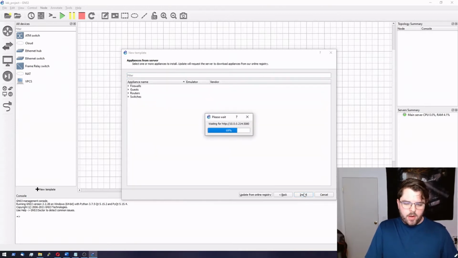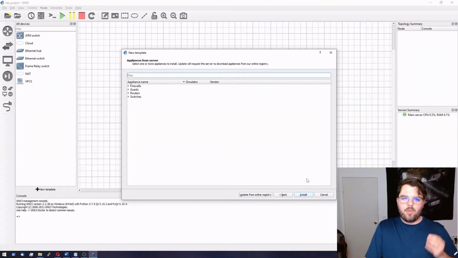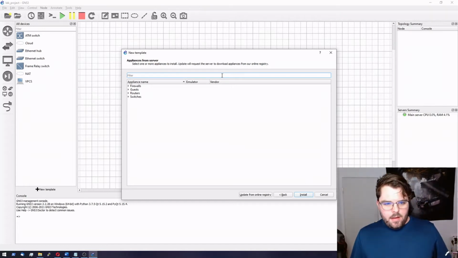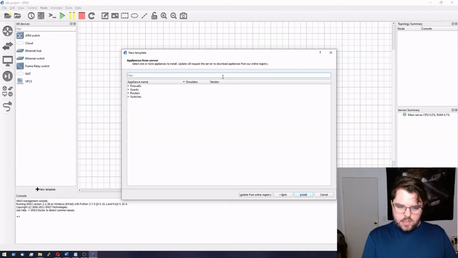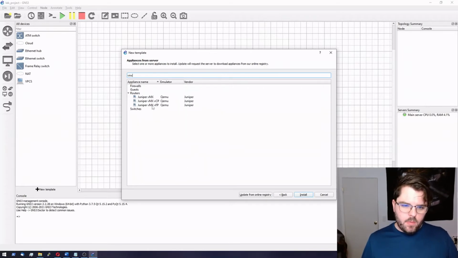For anybody who's wondering, I'm not running the GNS3 VM. I'm running a GNS3 server. It's Ubuntu. It's running on Proxmox. I have previous videos about how I set that up, if you're interested in looking at it. But we're going to come here to filter, and we'll just type in VMX. And we'll see VMX,